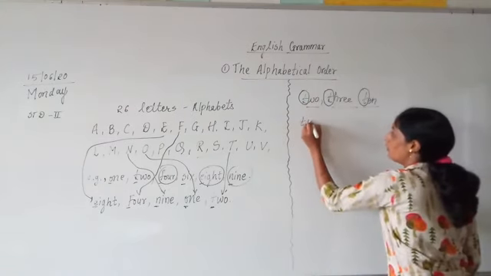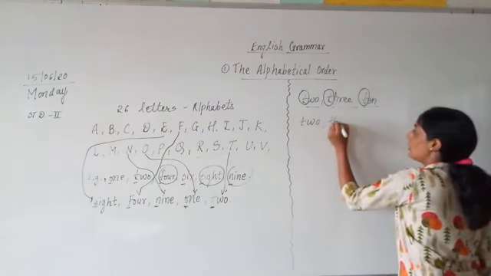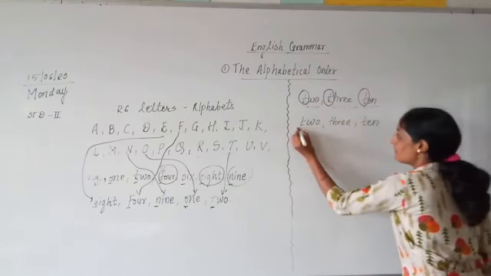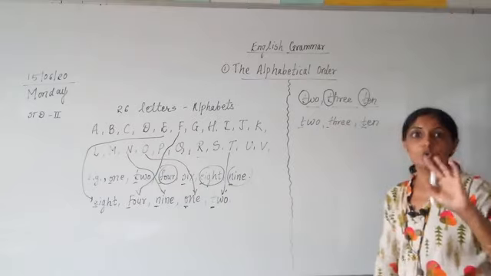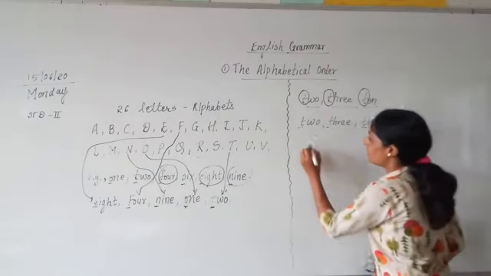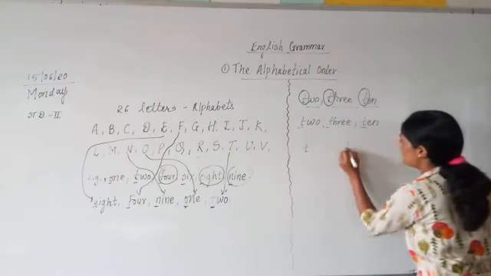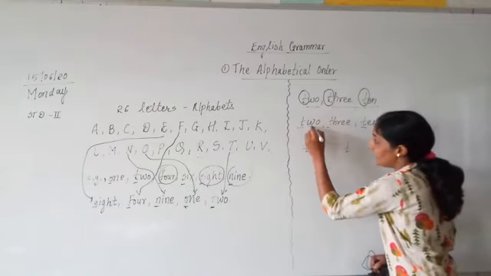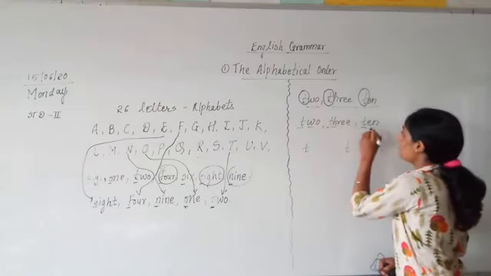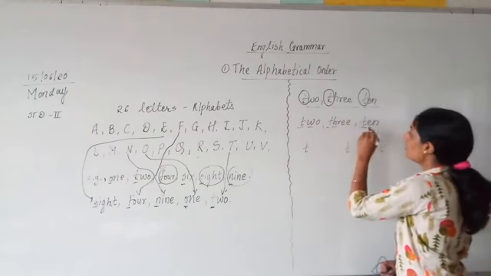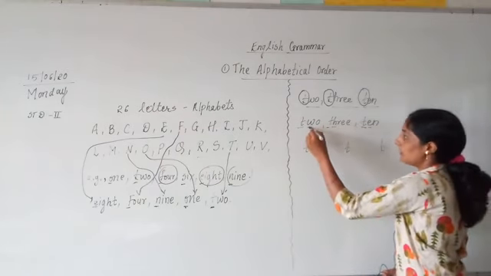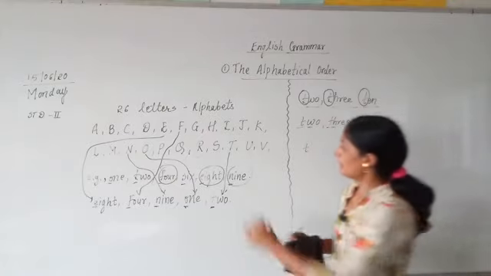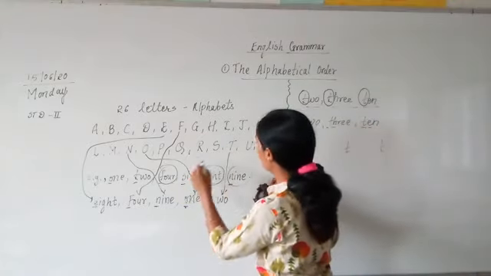Now T-W-O, 2, T-H-R-E-E, 3 and T-E-N, 10. First everywhere T is there. So don't take tension of T. We will write down T as it is here. T, T, T. Now after T, we are going to see the second letter. In ABCD, which letter will come first? W, H, or E? Where is W?